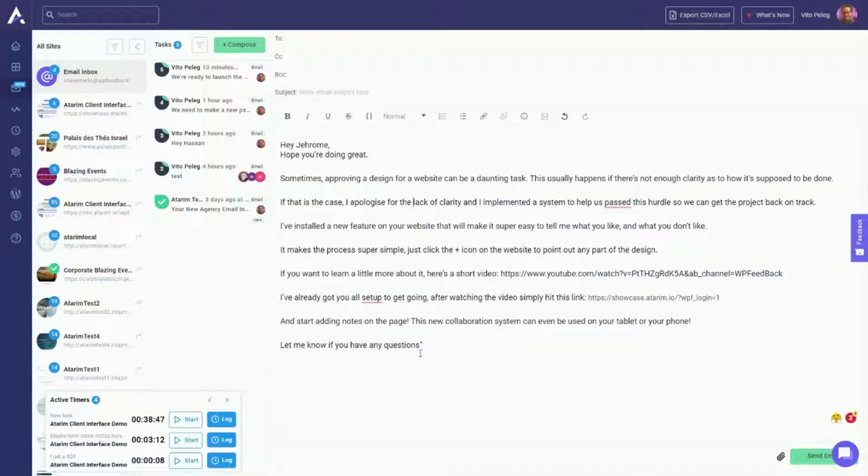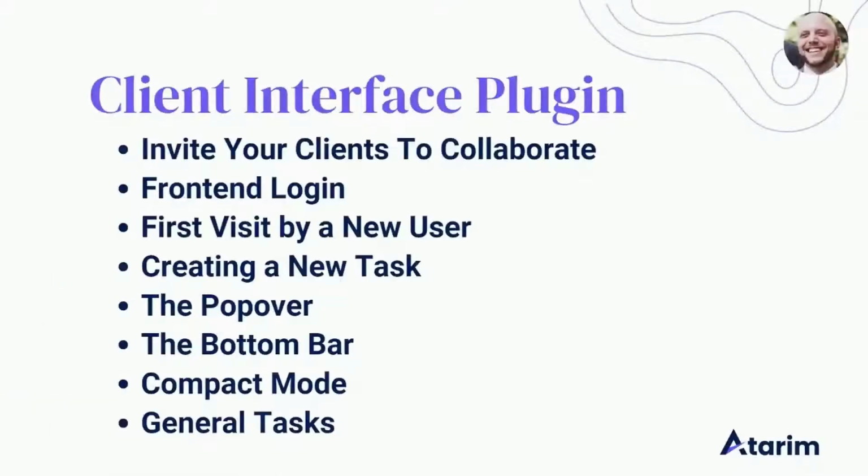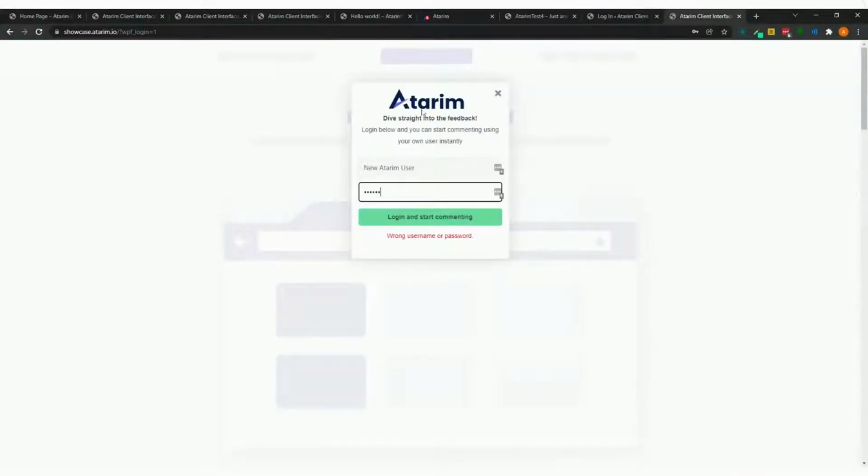So we have that kind of message in here, and we're gonna just send this out to the client. Of course, the subject line and all of those kind of things. This is gonna give them a link that when they click on this, Jerome is gonna take over and he's gonna show you what happens from here with the login, with the front-end login, and with the first visit by a new user. Okay, so once your client clicks on that link for the login, it will give them